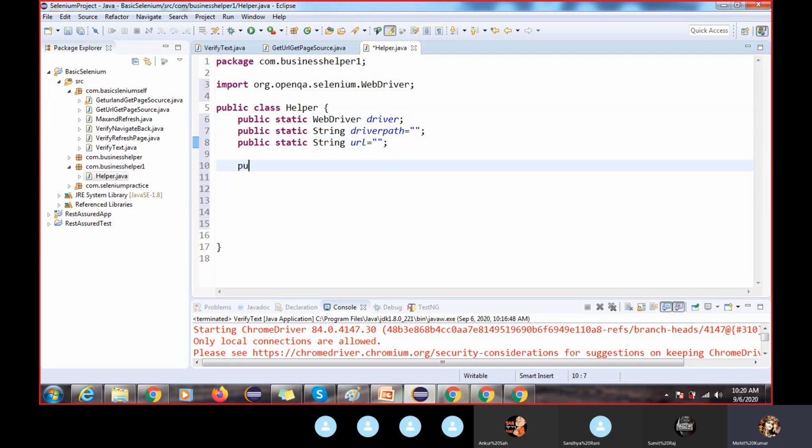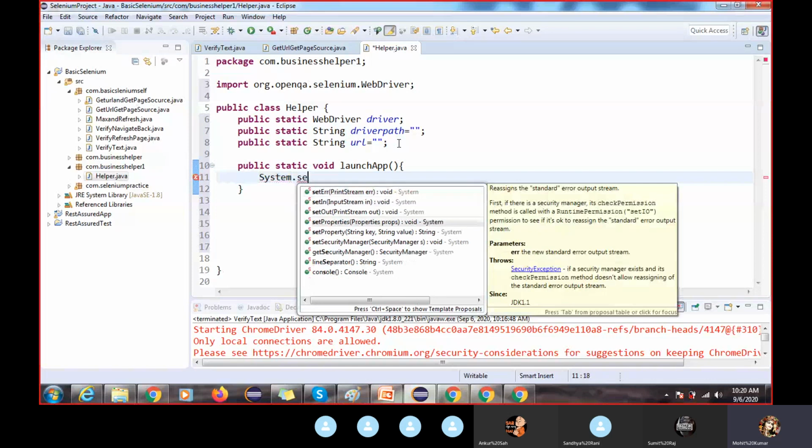Now I will create one method, public static void launchApp. Here we can write System.setProperty.